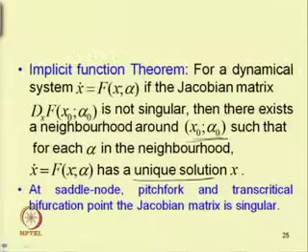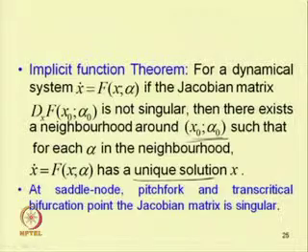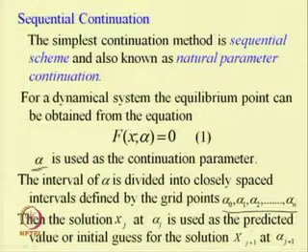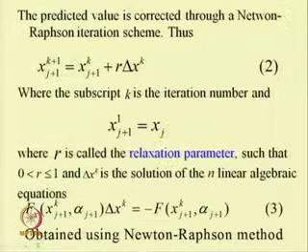For the equation x dot equal to f(x, alpha), for steady state x dot equal to 0, so we can solve the equation f(x, alpha) equal to 0, where alpha is the continuation parameter. In this case we have to divide the alpha range into alpha 0, alpha 1, alpha 2, up to alpha n, and find x_j corresponding to alpha_j. First we have to predict, taking some initial guess, and then we have to find the solution in the next step.